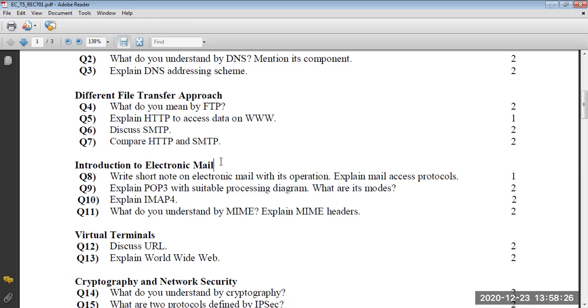Then we have the electronic mail. इलेक्ट्रॉनिक मेल में आप लोग देख सकते हैं we have short note on electronic mail with its operation as plain mail access protocol. Then we have POP3, that is the post office protocol. It is the version 3 with suitable processing diagram. What are its modes? तो POP में हमने आपको बताया था कि पोस्ट ऑफिस प्रोटोकॉल में क्या होता है कि